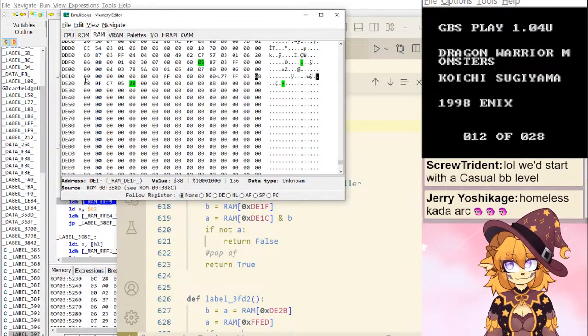DE1F, DE1C. So we have that's the inversion of that.